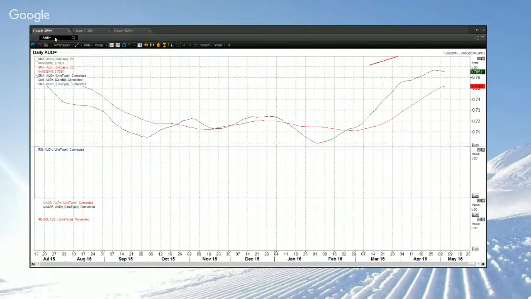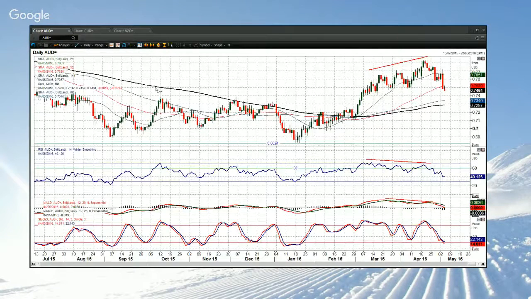Aussie dollar. Now, I've been looking and talking about this bearish divergence for a long while, and it finally came through for me. You do tend to find bearish divergences can sometimes be slow burners as technical signals, and you can't necessarily trade off them. You need to wait for confirmation. But look at the RSI falling away, MACD lines falling away, confirming or giving you that bearish divergence.